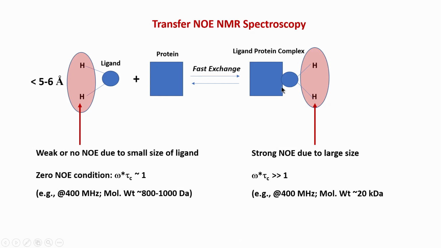behaving like a large molecule, because the ligand is attached to the protein. Even though the attachment is not strong, it is a dynamic exchange. Whenever it is attached to the protein, this complex becomes large and the ligand behaves like a large molecule. So that results in omega times tau c becoming much greater than 1 for the same spectrometer. We are not changing the spectrometer, but the molecule is now larger because it has been bound to a bigger protein. So this is 20,000 Daltons compared to 1000 Daltons, 20 or 30 times.